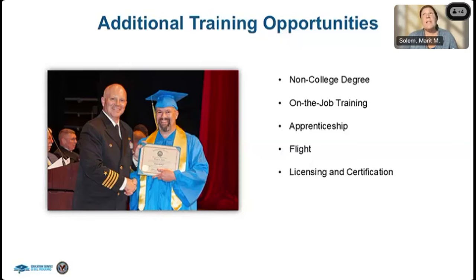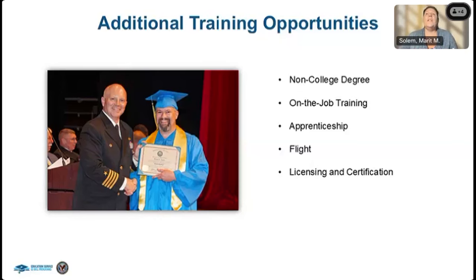The other type of training is apprenticeship. A lot of people don't think of that as being covered under the VA education benefits, but it is. We have a lot of people that do apprenticeships in the trades. There's also some emerging apprenticeships in non-trades that they've set up in different states. I know Wisconsin has a lot, like childcare worker, food service worker, different types of apprenticeships that are deemed by their state as apprenticeship programs.